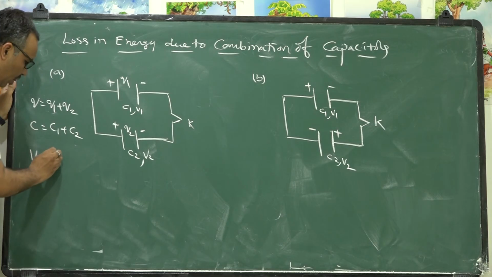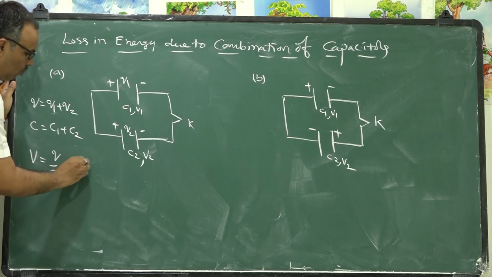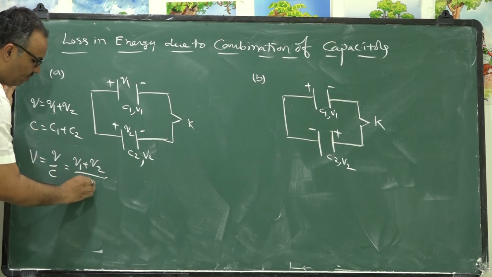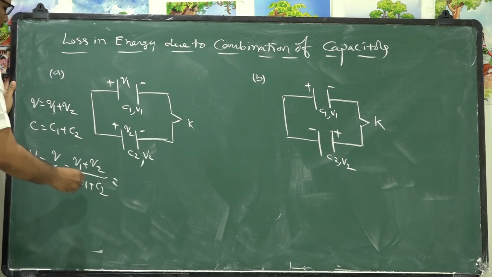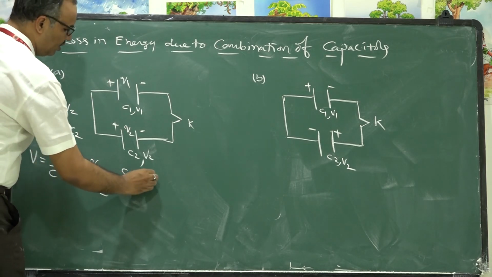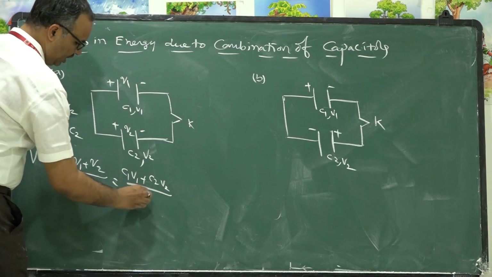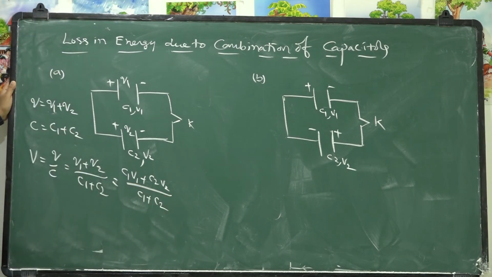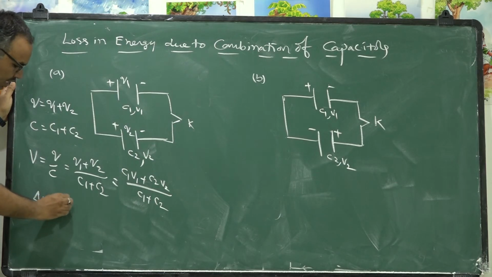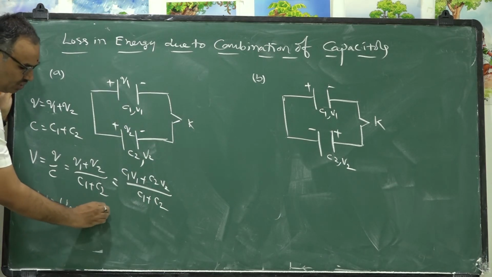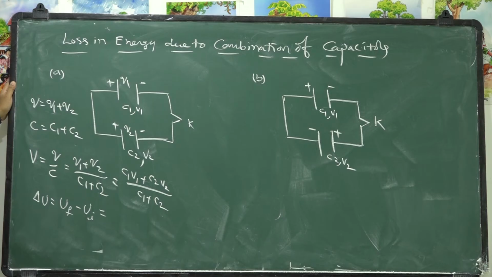Then the common potential is Q by C, nothing but Q1 plus Q2 by C1 plus C2. Q1 plus Q2 is nothing but C1 V1 plus C2 V2 by C1 plus C2. Again, if you calculate the loss in energy, meaning final energy minus initial energy, you will get an expression that